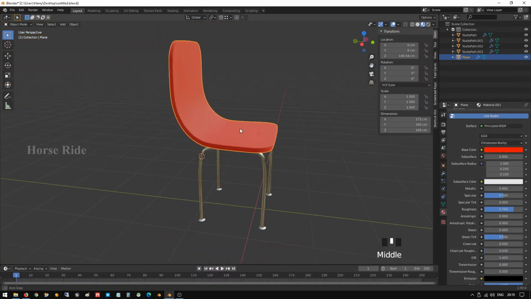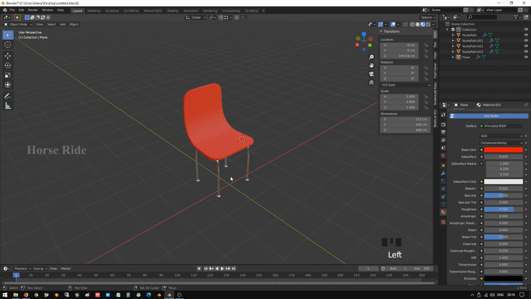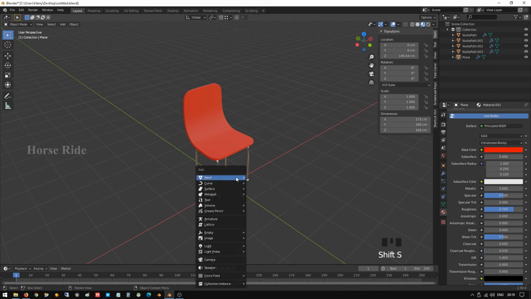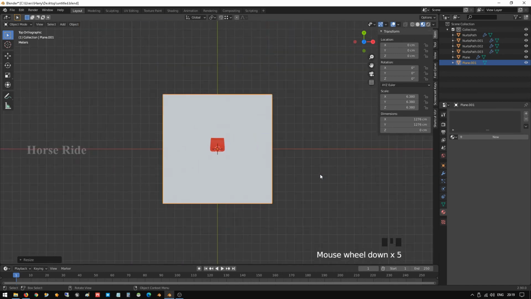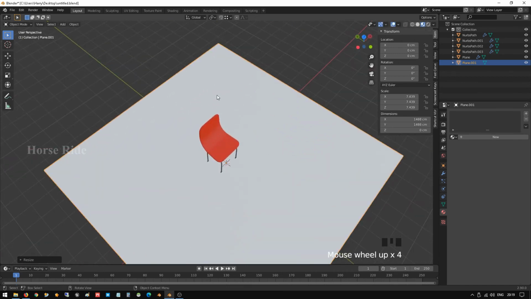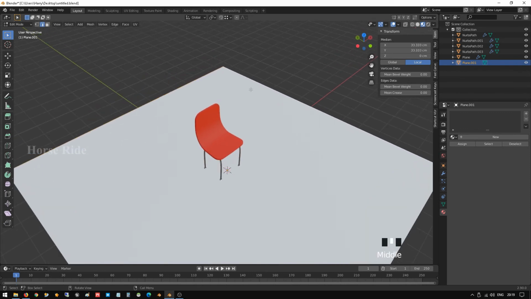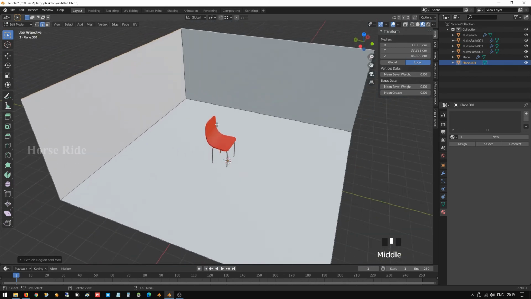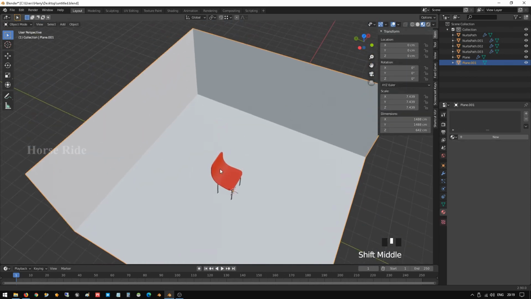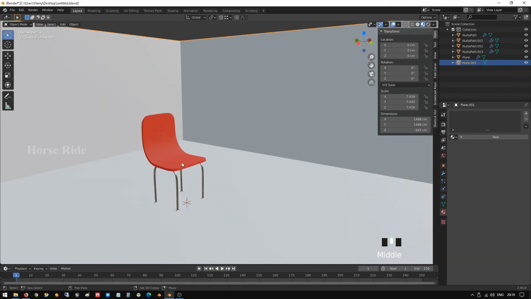Okay, using shift, snap the cursor to the world origin, press Shift A and create one plane and scale it big, and go to this angle mode and scale it bigger, and go to edit mode, select these two edges using edge select and extrude on Z and create. Okay, now we have created the backdrop, which we are going to use for rendering in this angle.